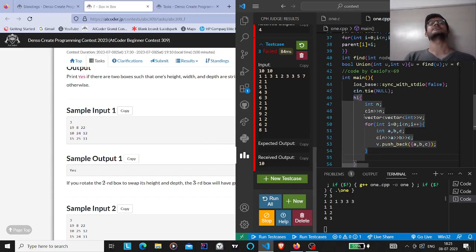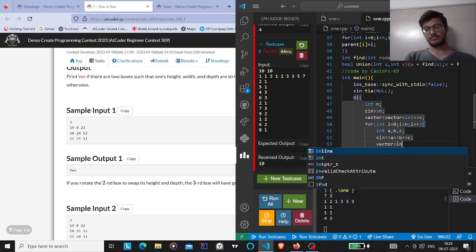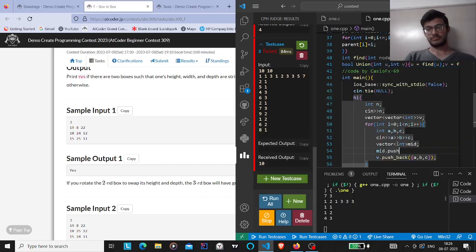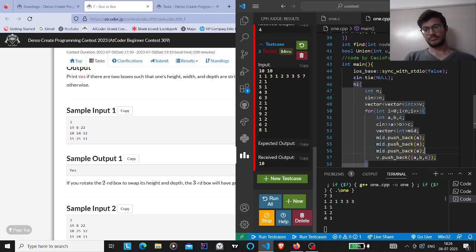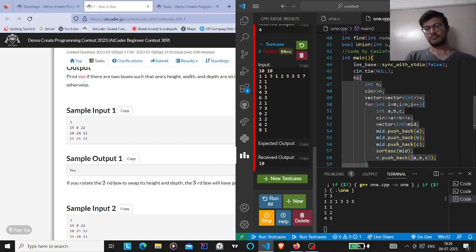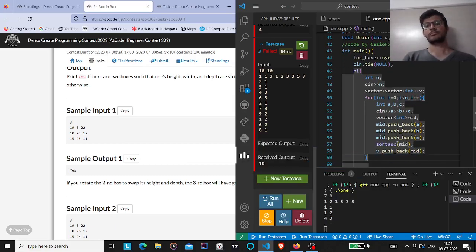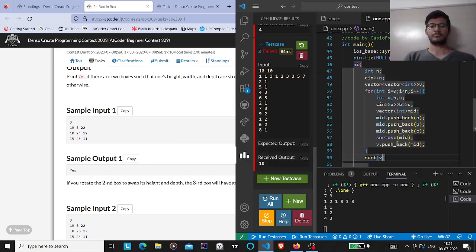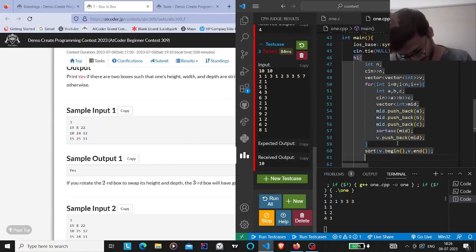With this works fine. Then okay. So before adding them, what I can do is, okay. So I sorted them and